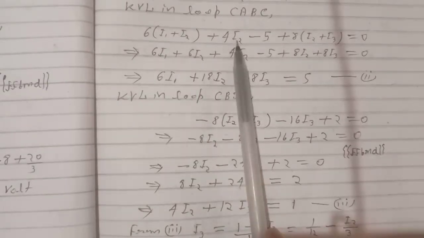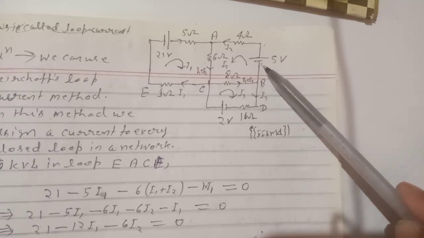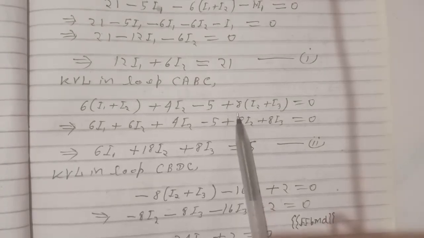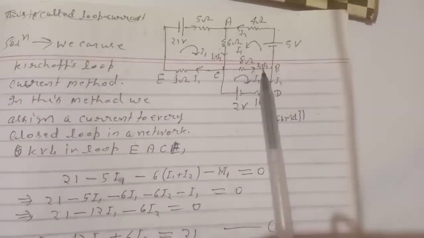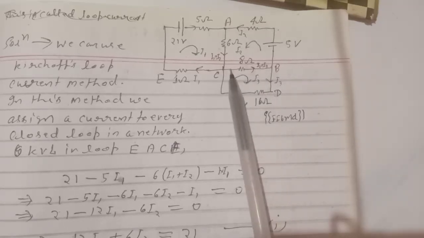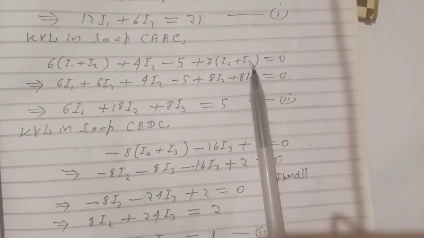So 4 into I2 plus 4 into I2, and in this case we are going at negative potential, that is lower minus higher, so negative minus 5, plus in this current is flowing in this direction, so it is lower and it is higher, the higher minus lower positive, so 8 into I2 plus I3, because current is I2 plus I3 in that circuit, so equal to